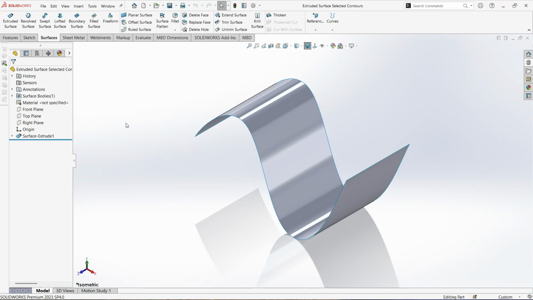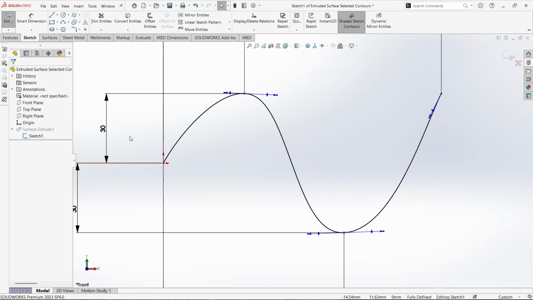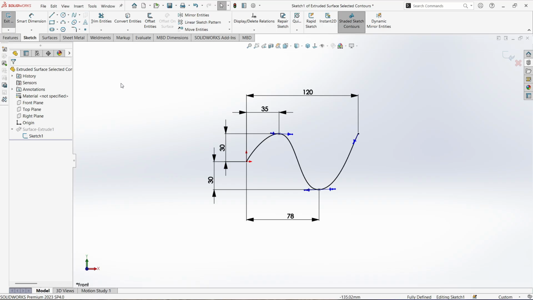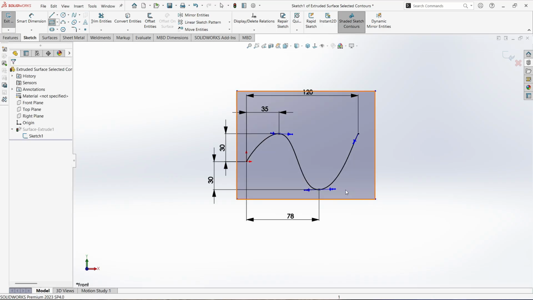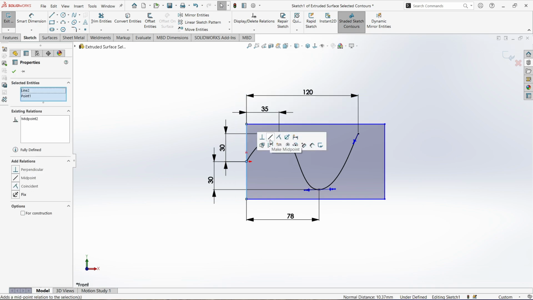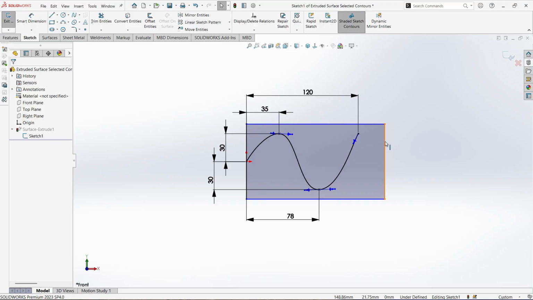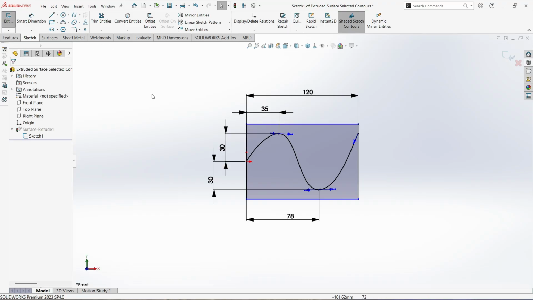In this case you have an extrude surface and go to the sketch, and now active rectangle, click from this point to this point, click this line and this edge, make midpoint, and click this line and this edge, make coincident, and after that